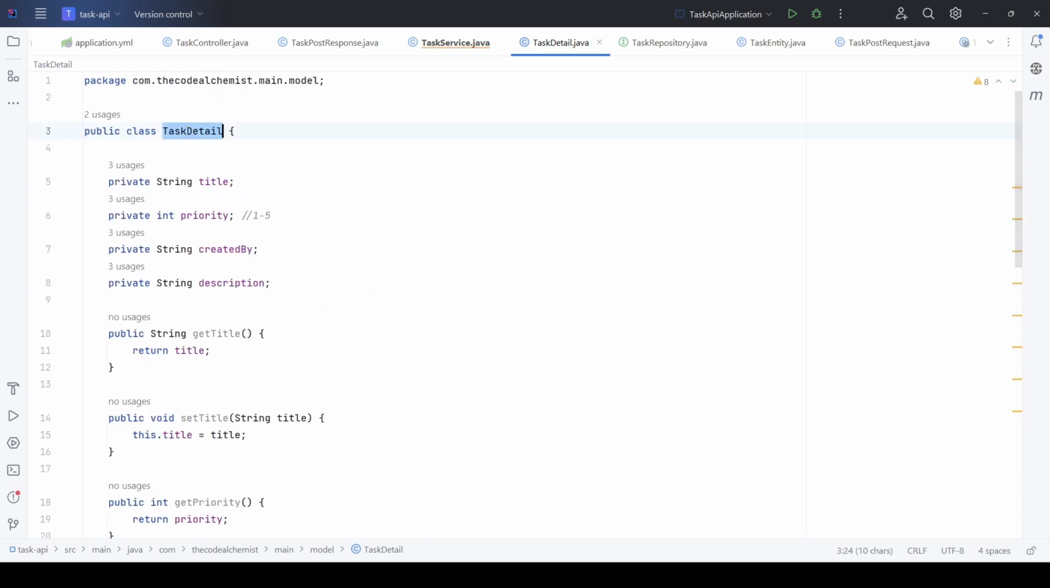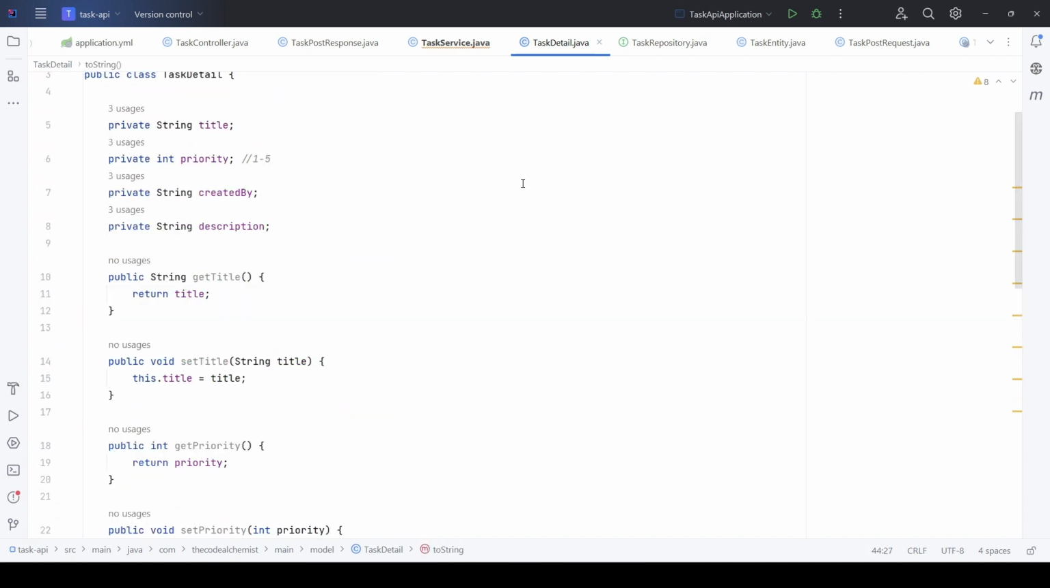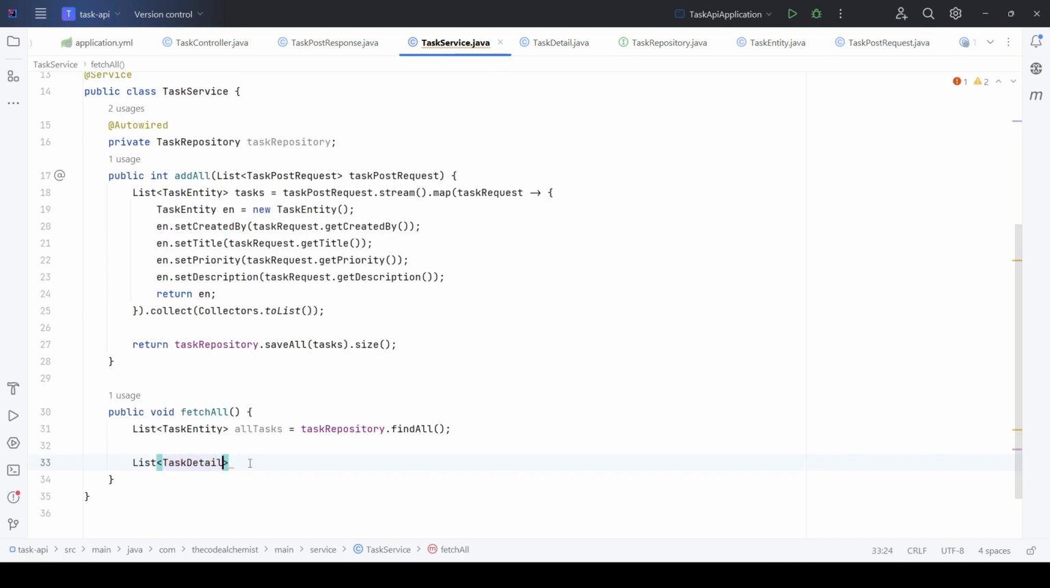And we can change the name in the toString method here. Because this is just a demo application, we see this overlapping of fields across all these models. But in a real life project, these could be very different from each other. Let's go back to this service, and now we will convert this list